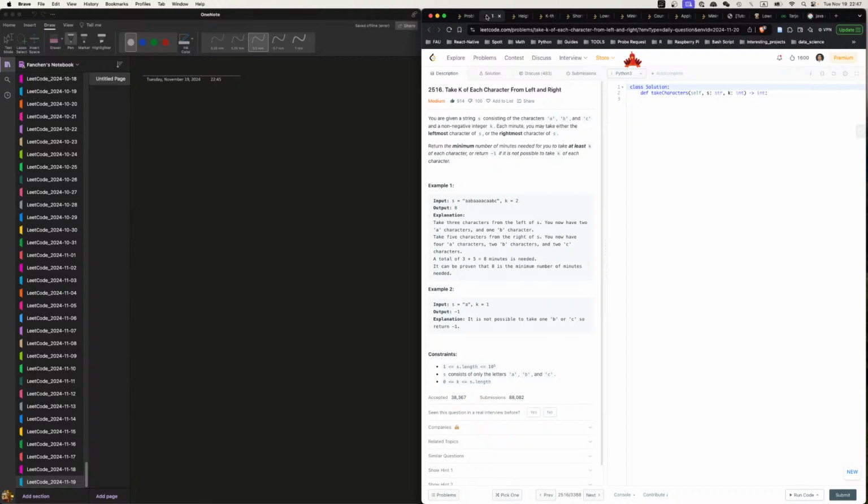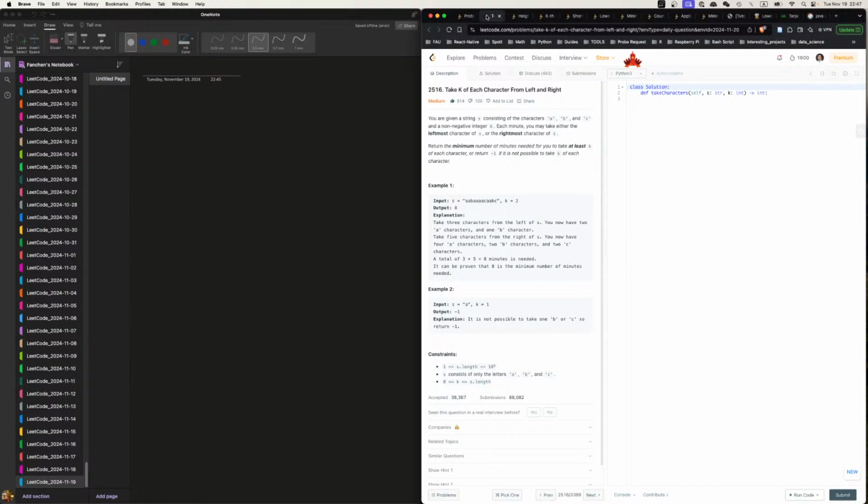Because we need at least K of each, if 3K is larger than the total length, that is not possible. So after we're done with those two, next we need to see